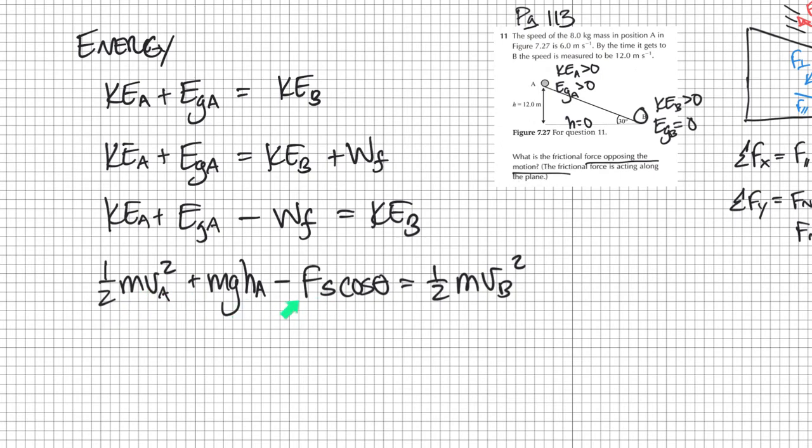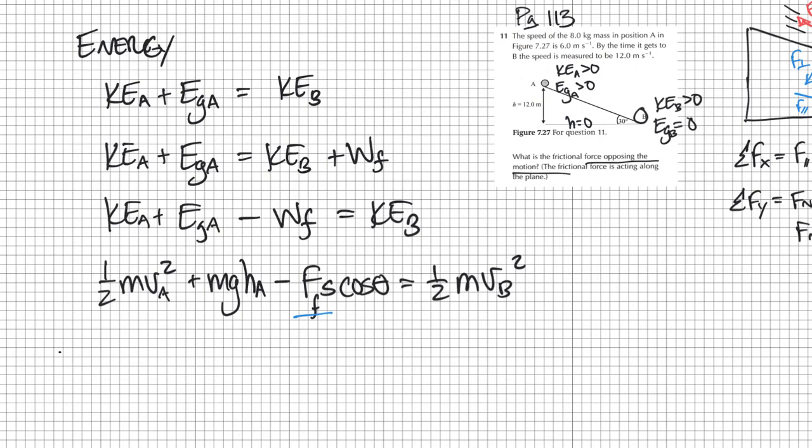So we can see this is going to be my force of friction. Do we have the mass? Yes. Do we have the velocity at A? Yes. Do we have the height at A? Yes. Mass and gravity. Force of friction is what we're solving for, right? So that's our unknown. We don't have S. And then velocity at B we have and mass. So really the one thing we need is